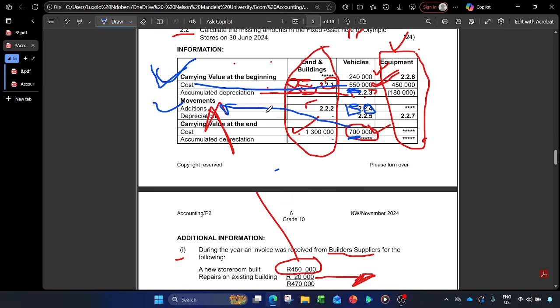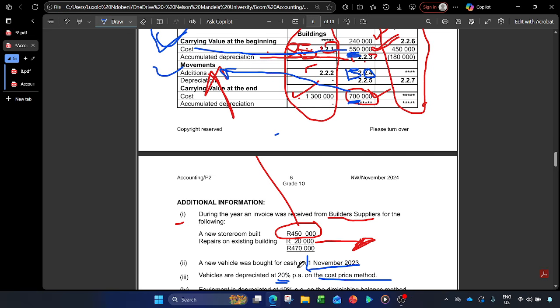So now we have another vehicle that the business bought during the year, and they bought it on 1st November 2023, and the year that our accounting period ends is 30 June, right? So that means that we must calculate from November the months that the new asset stayed in the business, right? No, we can't say 12 over 12, because this asset wasn't available at the beginning of the year, on 1 July 2023. So it was available from the 1st.